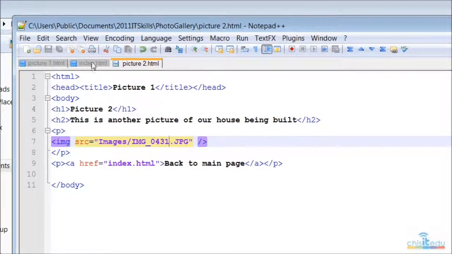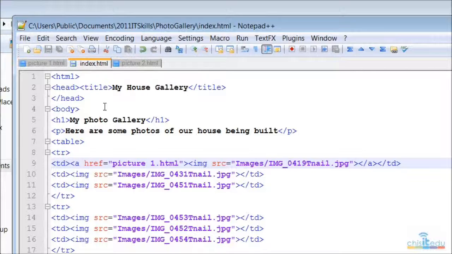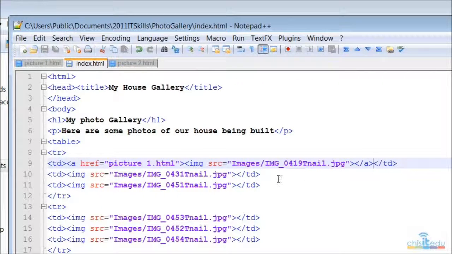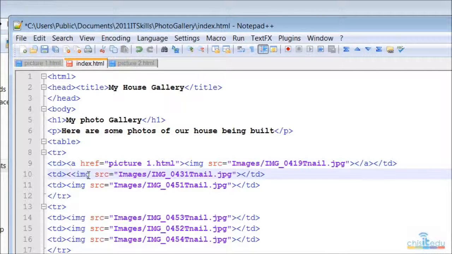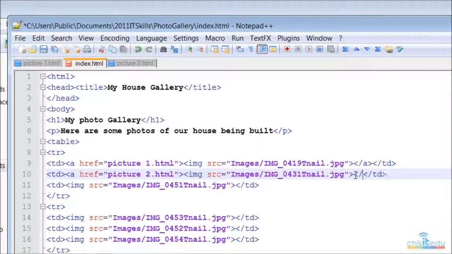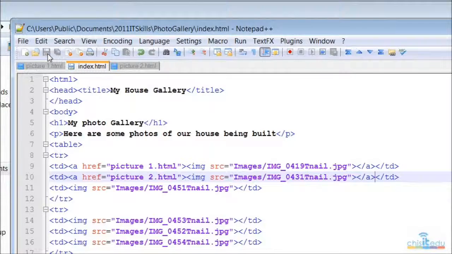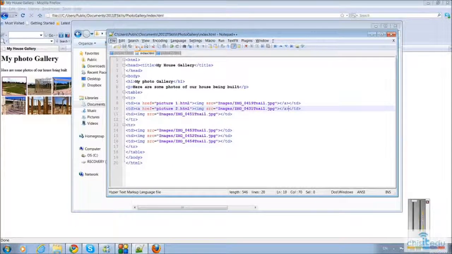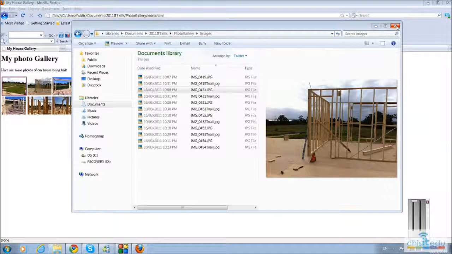So I need to go back into my index file, and using exactly the same as I have done there, I can go like this and do the same thing. A href, I can also copy it and paste, picture2.html, and close, /a over here, same thing, save it, just zoom that out, and I might close that for now